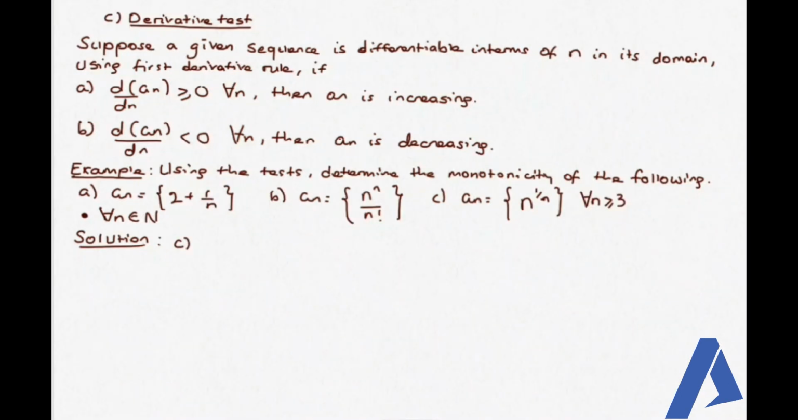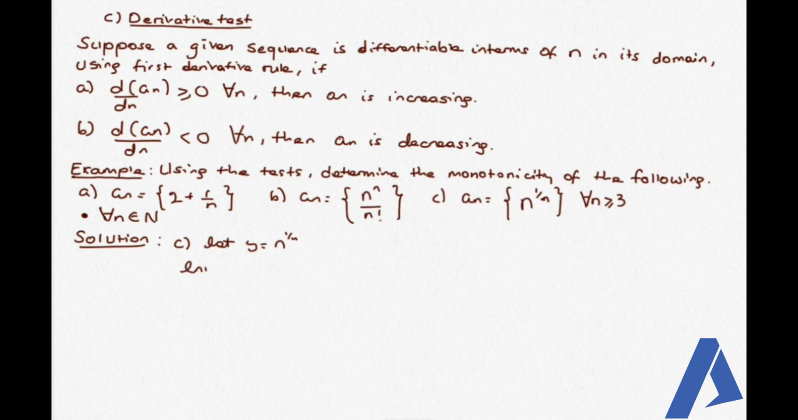ስለዚህ ለሶስተኛው ዶሜናችን it's for all n an element of natural numbers greater than or equal to 3. ስለዚህ ዴሪቬቲቭ ቴስት ነው የምንጠቀመው። ዴሪቬቲቭ ቴስት የምንጠቀምበት ምክንያት ምንድነው፣ ዴሪቬቲቭ ቴስት እንደምናውቀው ዲፈረንሻብል ከሆነ እና በተሰጠን ዶሜን ዲፈረንሻብል ከሆነና እነዚህን ኮንዲሽኖች ካሟላ ዴሪቬቲቫችን ፖዚቲቭ ከሆነ ኢንክሪዚንግ ይሆናል፣ ኔጌቲቭ ከሆነ ዲክሪዚንግ ይሆናል ማለት ነው። ስለዚህ ዴሪቬቲቭ ቴስት በመጠቀም let y = n^(1/n). ስለዚህ ናቹራል ሎጋሪትም የሁለቱንም ሳይድ